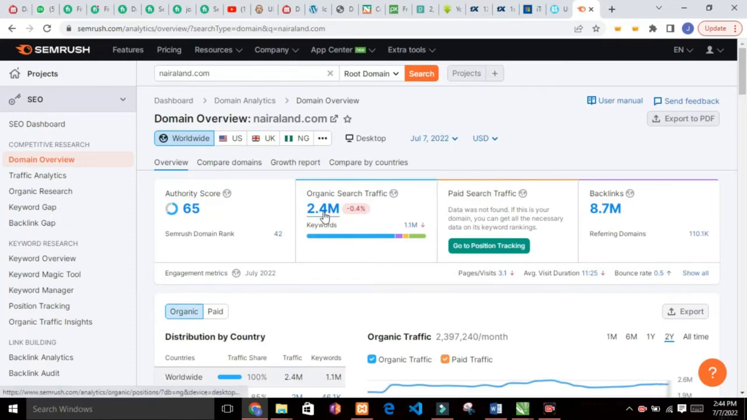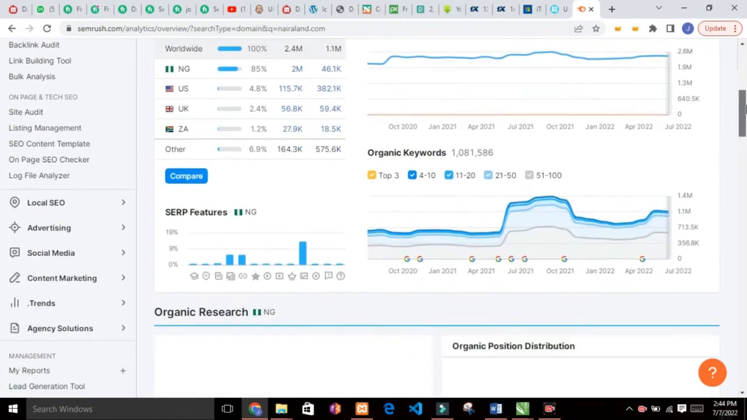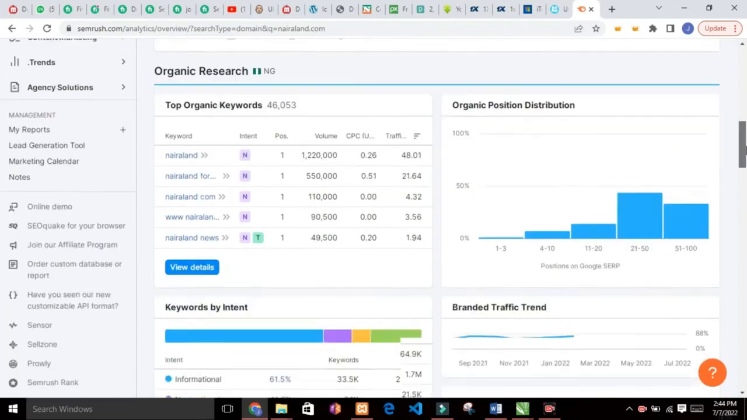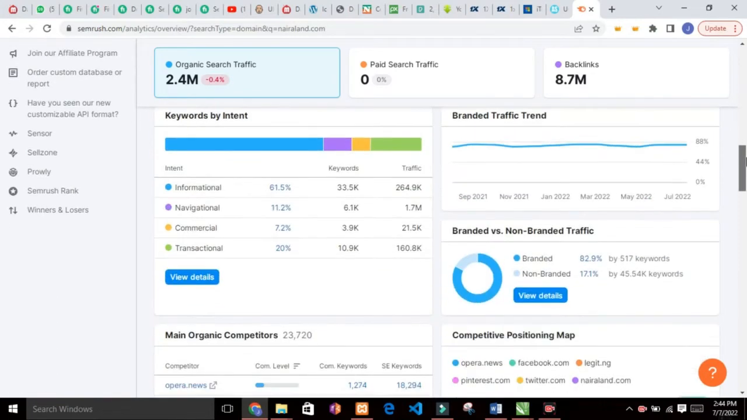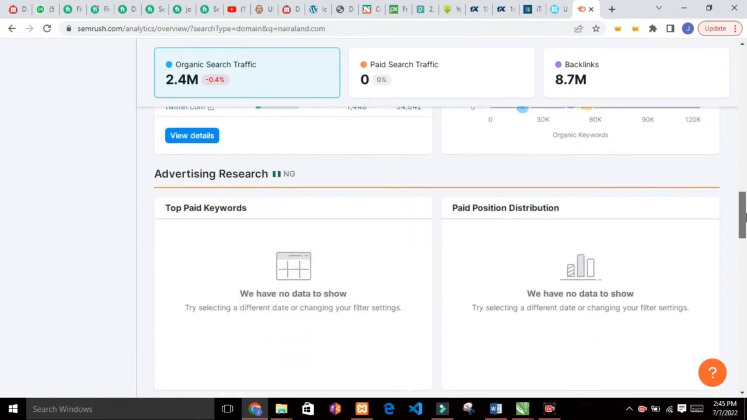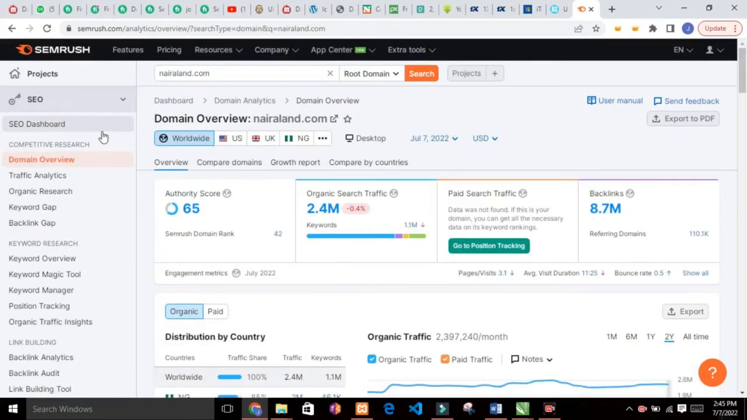As you can see, Nairaland has a page authority of 65, 2.5 million organic search keywords, and the rest of other stuff. If you scroll down, you see the keyword, you see the traffic, you see where it's coming from. That's the power of SEMrush, and that's the power of SEO. You know the evaluation of your domain and the keywords behind it. If you check, you can also see the backlinks. So now let's look at the